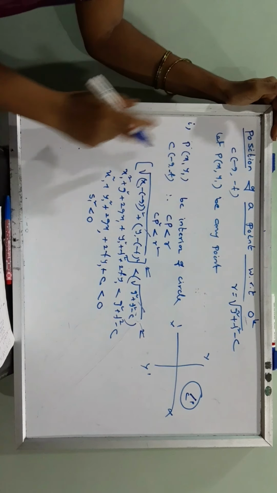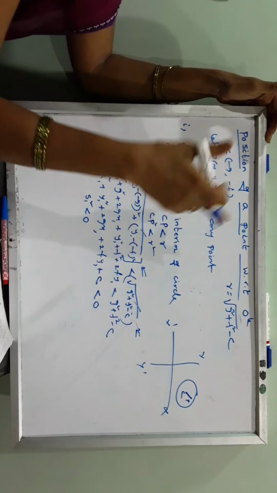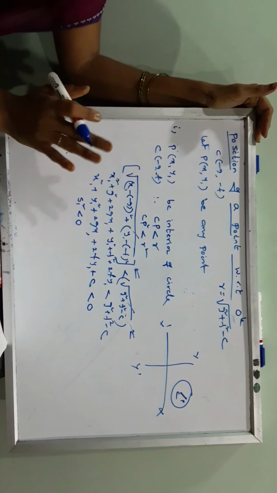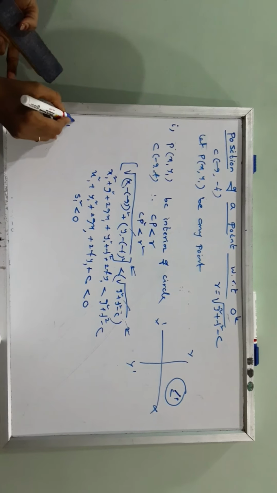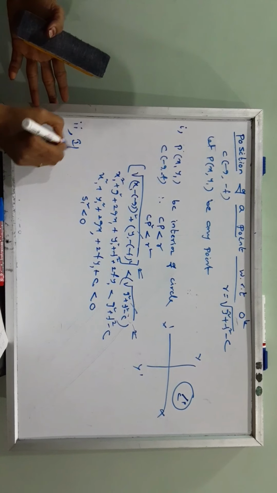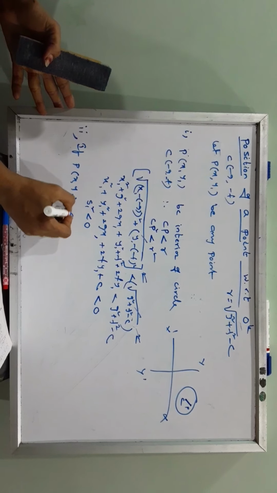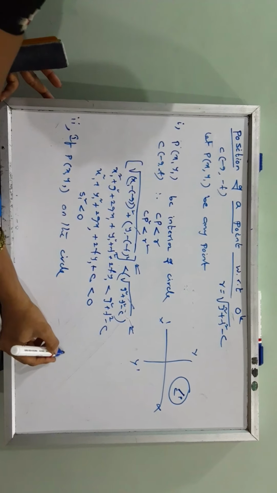Therefore, in the first case, if P(x1, y1) is interior to a circle, then the condition is S11 is less than 0. Now case 2. If P(x1, y1) is on the circle,